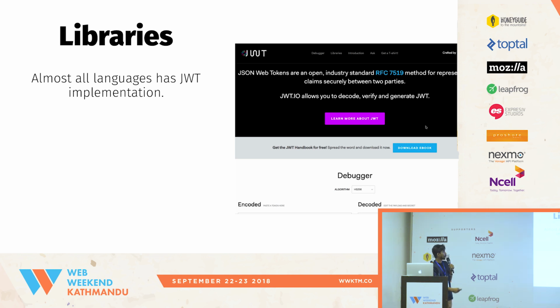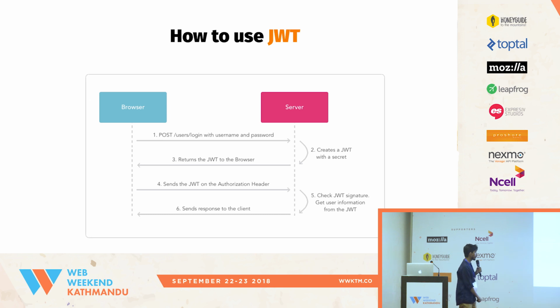So how is JWT working now? It's going to be like this. You have your browser or Postman or whatever your client. It's going to send a POST request to the login API endpoint, and you are going to validate the login credentials. If it is okay, then you return a token back to the requester. Then the requester uses that JSON token in the authorization header of the request for further requests. If the token is there and the service validates it, the protected API endpoint will give you a response.